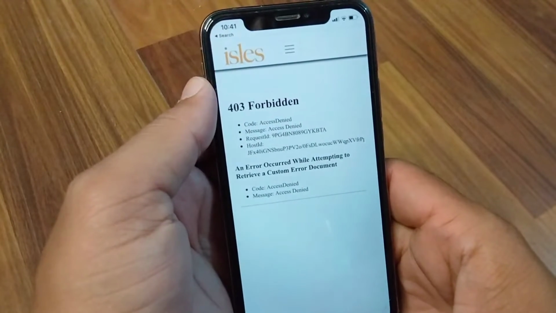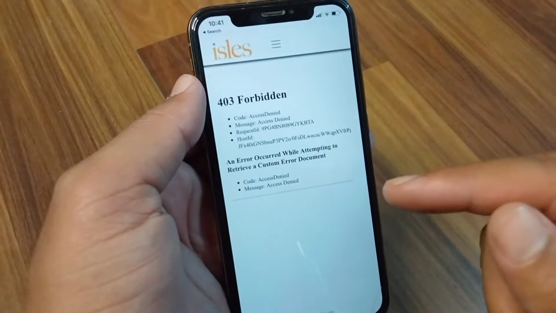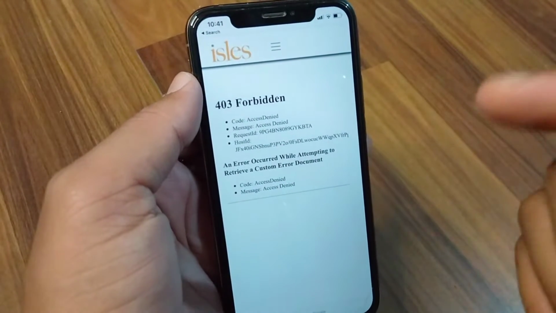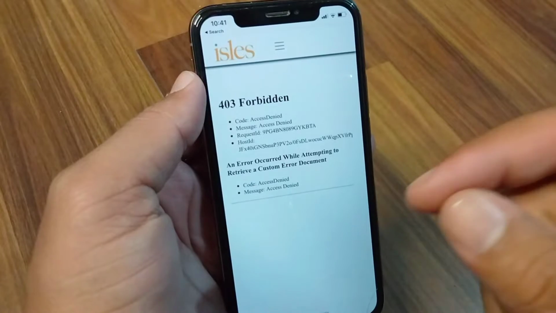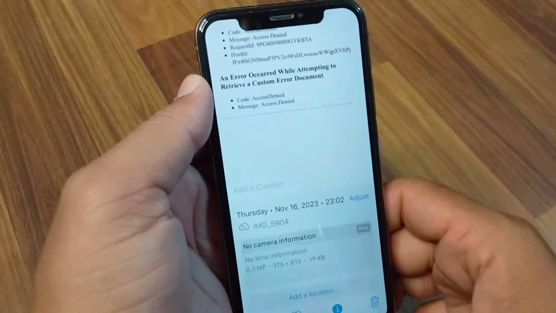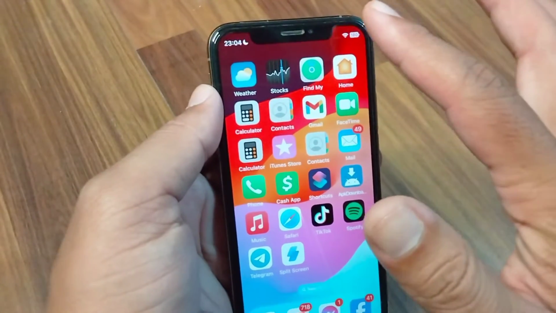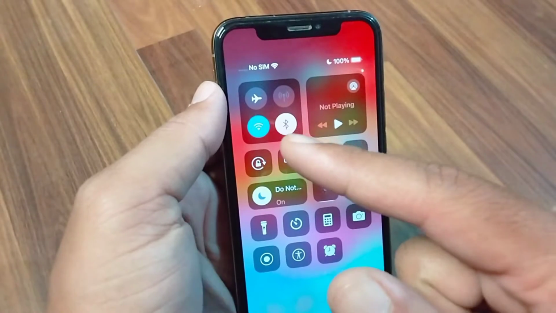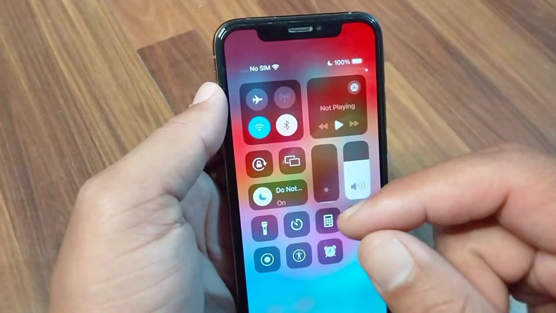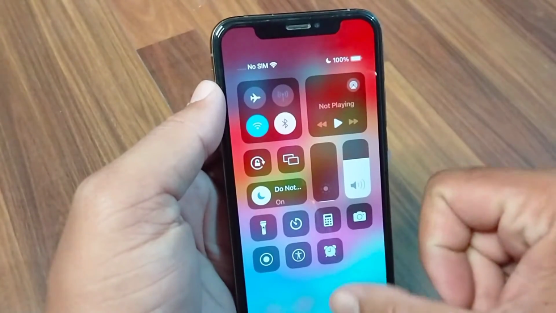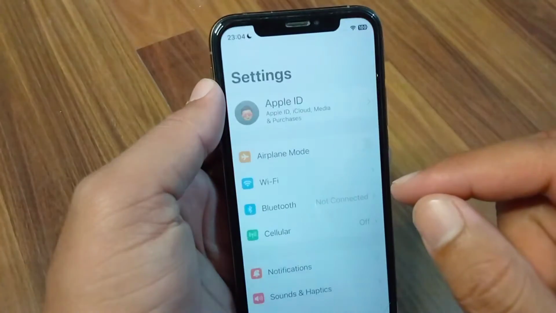So first of all, you have to make sure that you are entering or using a correct URL in the search bar. So check your URL on your Safari browser, and after this go back, and from here you have to drag down your control center and make sure that your internet connection is working properly. So if your internet connection is working properly but still you are facing this problem, then go to settings, and